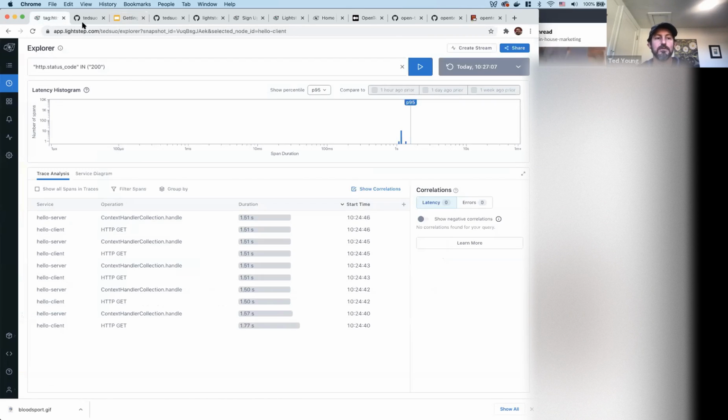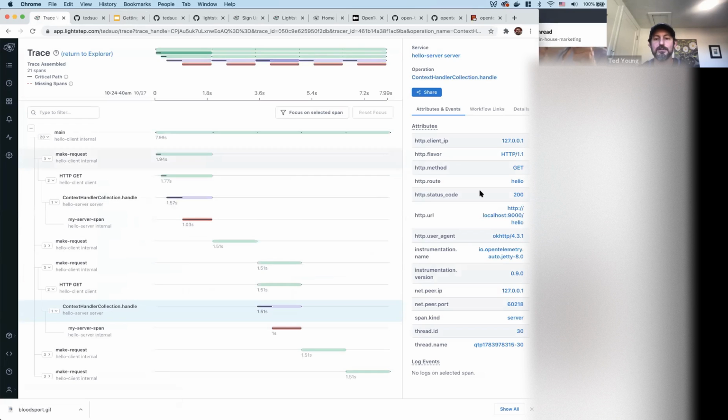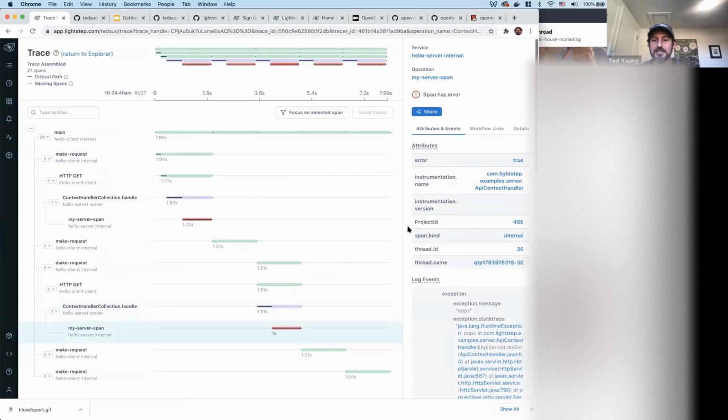So, Lightstep, like a lot of systems, you can look for spans. You can do queries based on attributes that are on a particular span, but it's harder to do queries where you're looking for, I want to find traces where span A has the route hello and span B has a project ID 456.